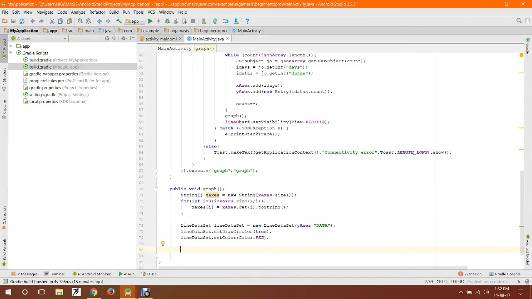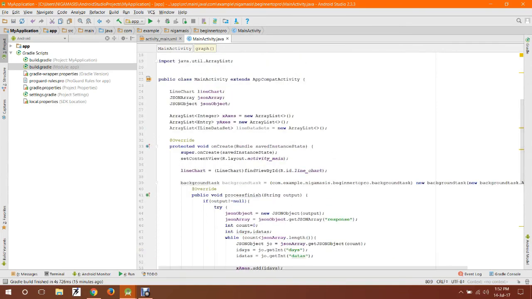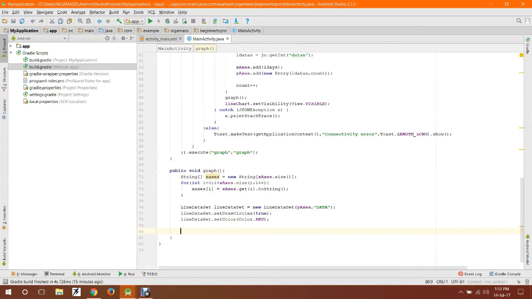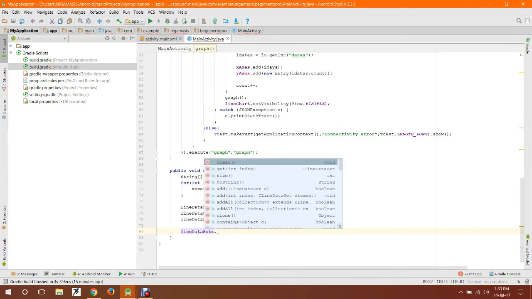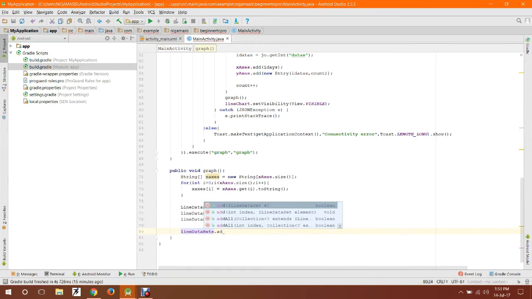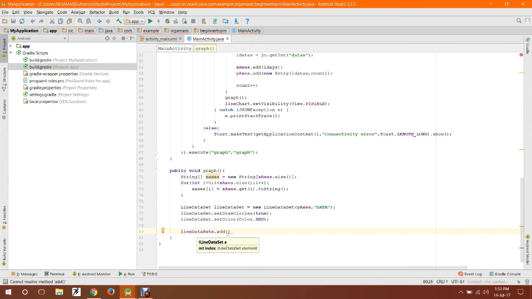Okay, after that line data sets. Here we have defined an array line data sets, and here we have to define that line data sets. Here it's showing array, so line data set dot add, because that one is also an array list, right? So here we are going to add this line data set. Remember that this is sets and this is set. Don't get confused. Why are we doing this? Because if you are drawing more than one line chart,